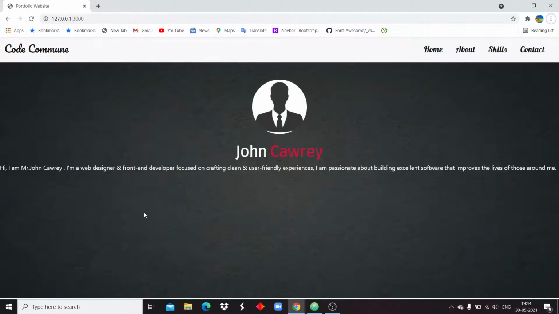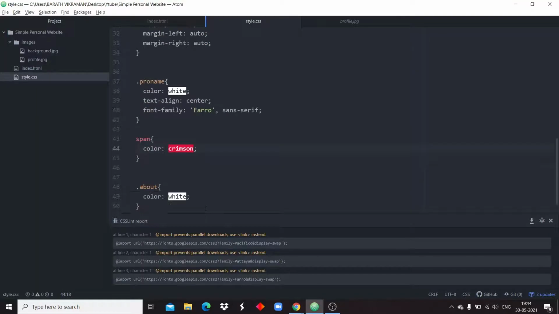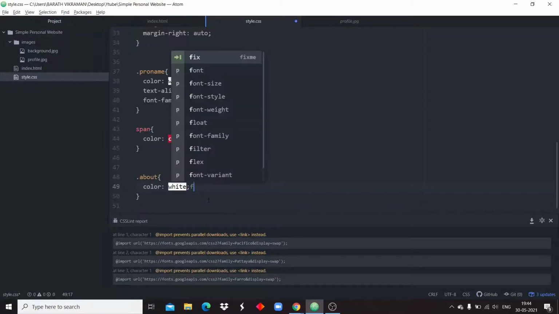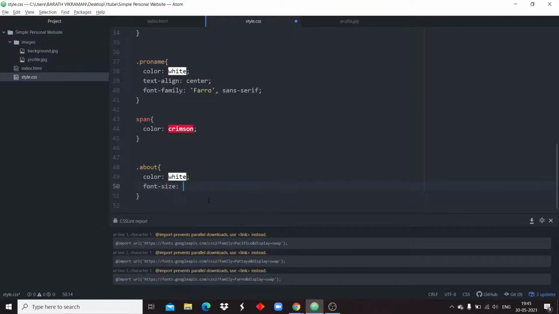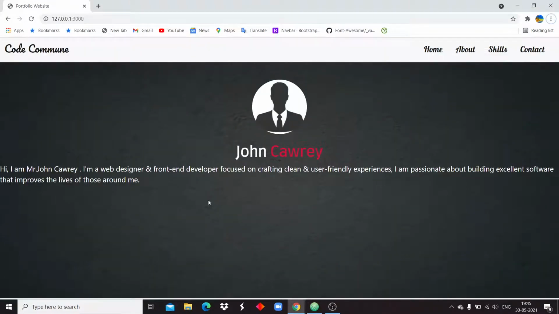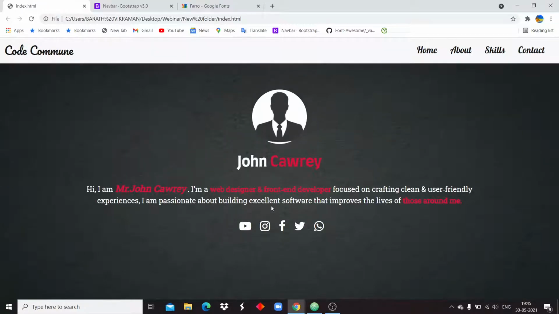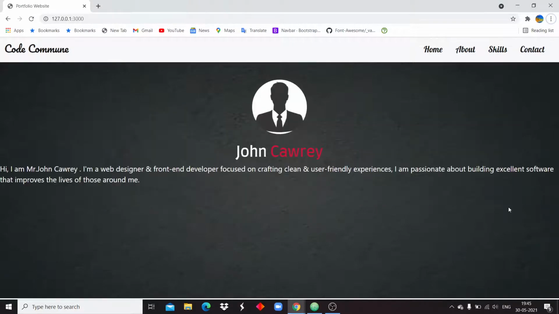Now we need to increase the font size. Font size as 20 pixel. It has been increased. Here we see there are some spaces at the left and right.